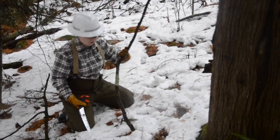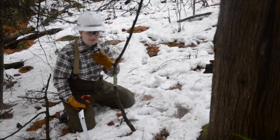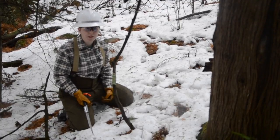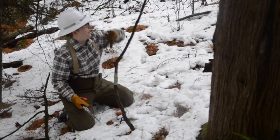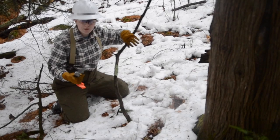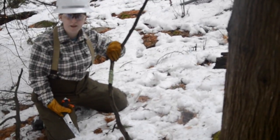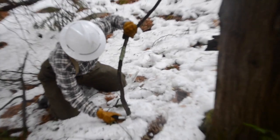Next thing is, if there were branches bent over this, we want to watch out for whiplash, because that there is really dangerous. It's one of the reasons why we wear safety glasses. Even hard hats. This stuff can be really, really dangerous and can sometimes even knock a person unconscious. But I'm going to keep a firm hand on the piece of brush that I'm cutting, and the other one I'm going to use the silky saw. I'm going to cut as low as possible, and I'm going to try to cut as straight as possible. I don't want to keep an angle on it because, again, punji sticks are something that we want to watch out for. So I'm going to cut this,